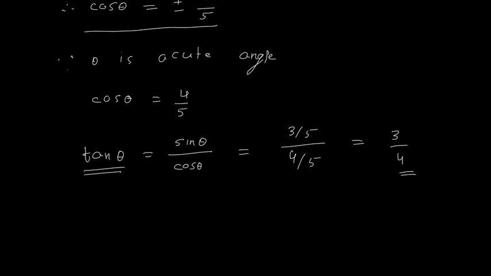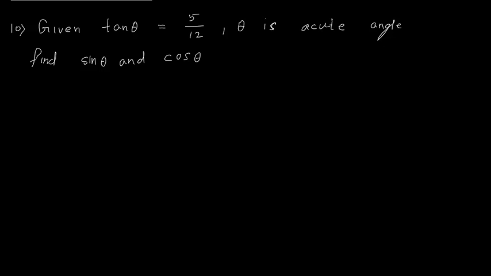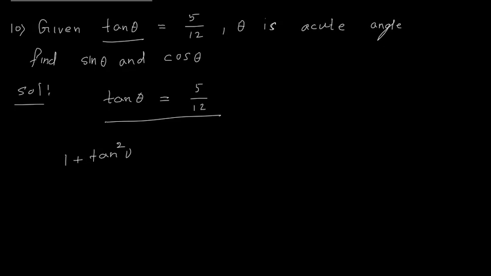Let us do one more problem. Tan theta is given. Here tan theta is given. So, in solution, I will first write tan theta. Tan theta is 5 upon 12. Again theta is acute angle. Now, here what identity we will use? Just now we have revised. Tell me, when tan theta is given, which identity we are going to use? Yes, you are right. We are going to use identity, that is 1 plus tan square theta is equal to sec square theta.